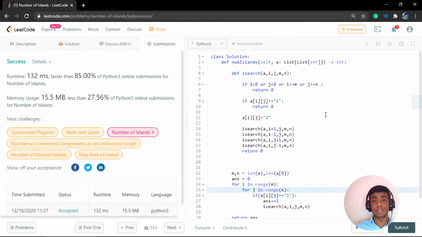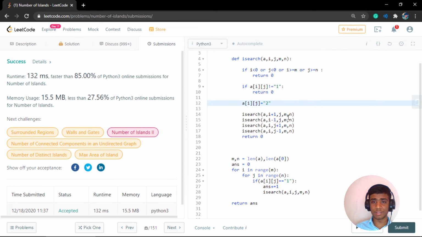There are other cases where, if you are not aware of this small trick, a small idea, in order to get this functionality, you would have used another 2D array, that is an array which will store if a node is visited or not. So we have to create a visited array, and on each search we have to mark it true or false, which would have taken m cross n of extra space, which is not efficient.